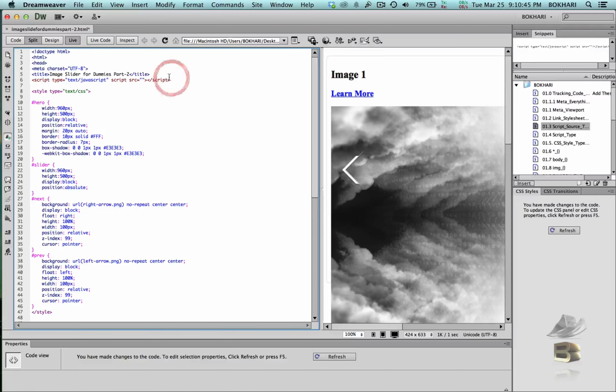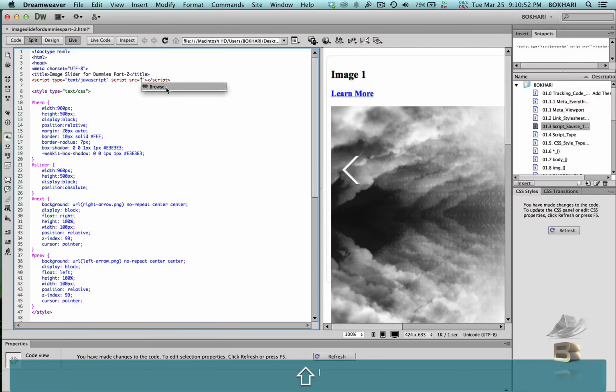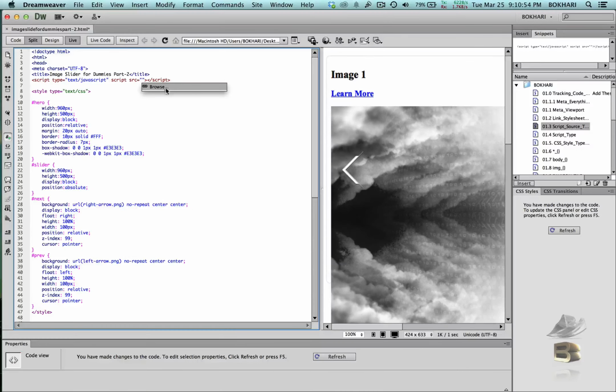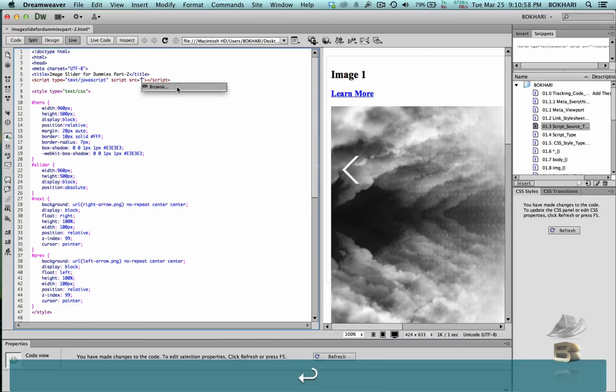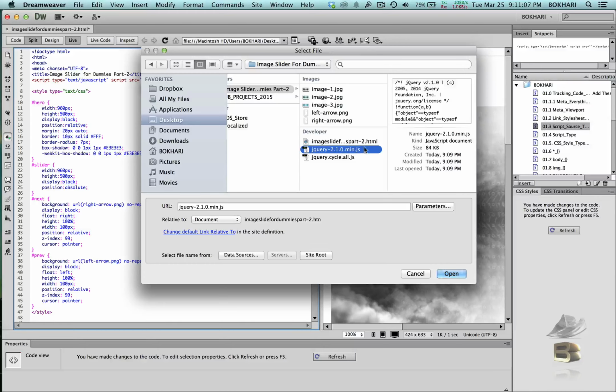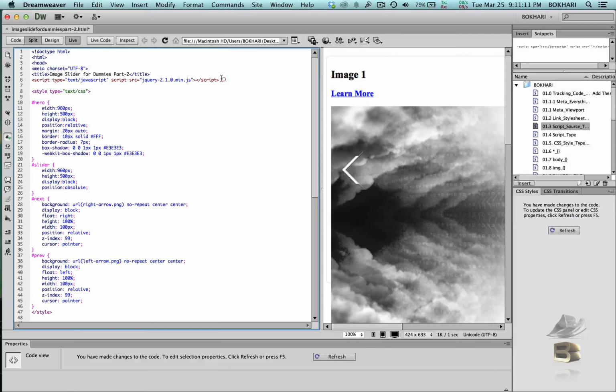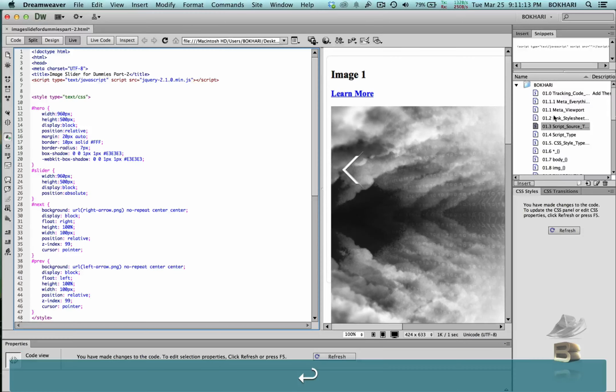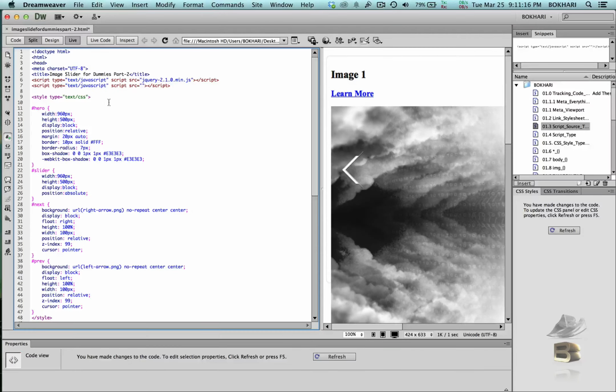So we're going to need two script tags. First we're going to add the jQuery. Simply remove the double quote, comma, first one, then give the double quote again, then the browser pop-up will show up, then press enter, and then on your desktop where we just saved the jQuery files, select the jQuery library file first, open, and that's set up there, and then press enter one more time, add the script tag